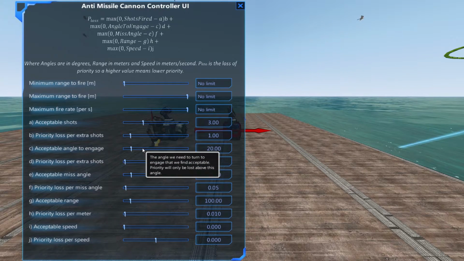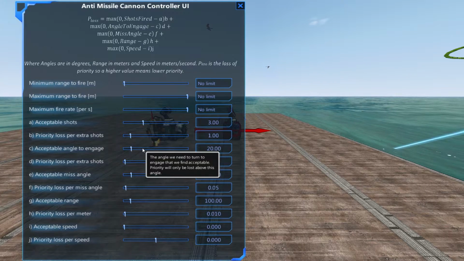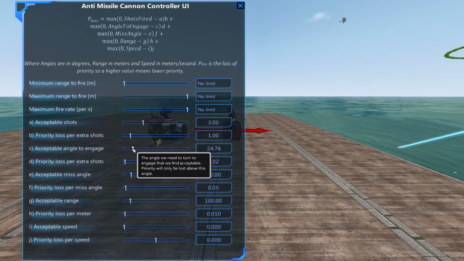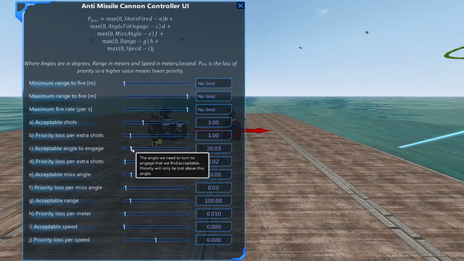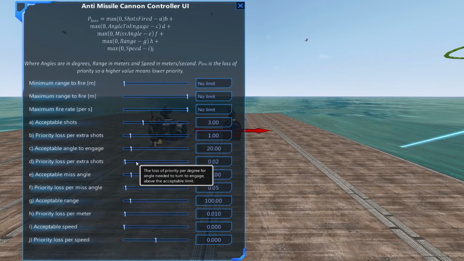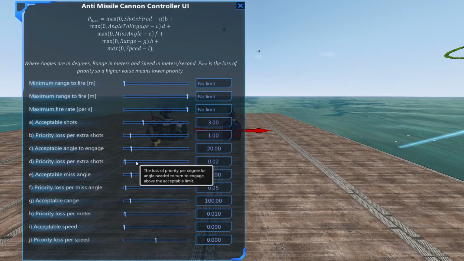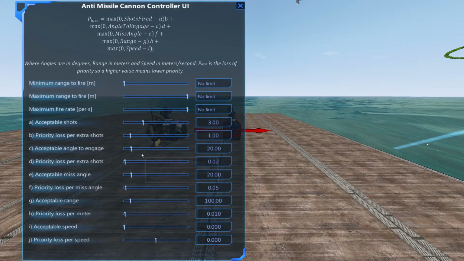Acceptable angle to engage. So I guess you can set this to 180. I guess this means within 20 degrees we'll start firing on the missile, which is admittedly a possibility to hit with flak. Priority loss per extra shots. The loss of priority per degree for angle needed to turn to engage above the acceptable limit. So if we have an angle above 20 degrees per extra...